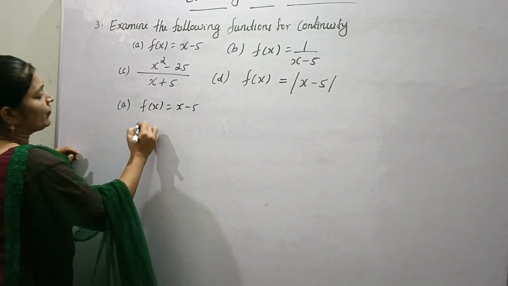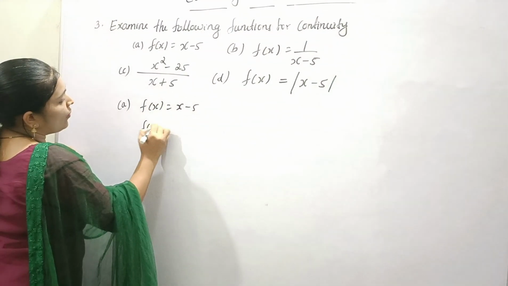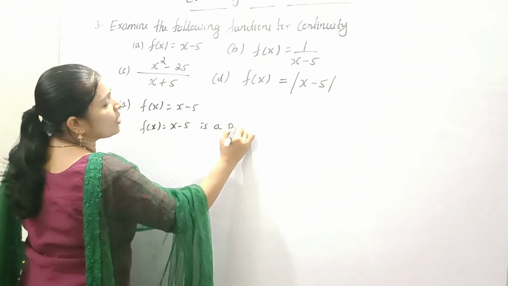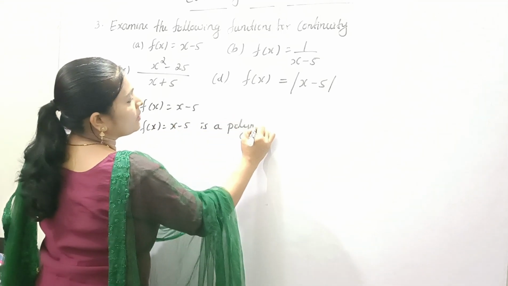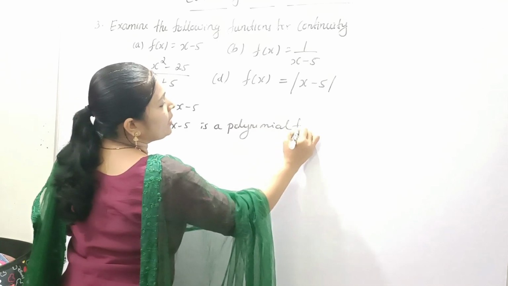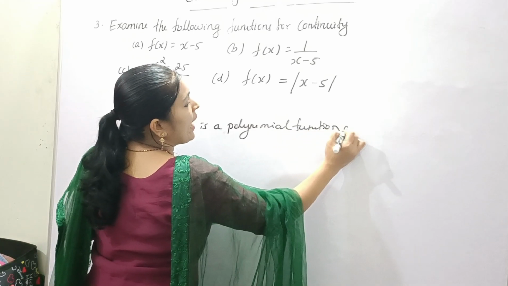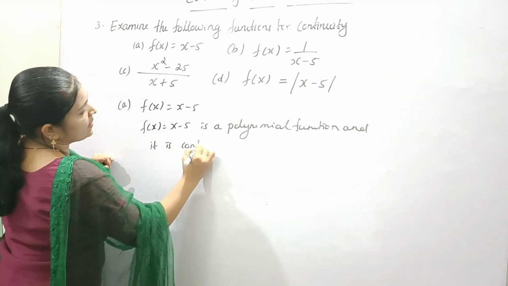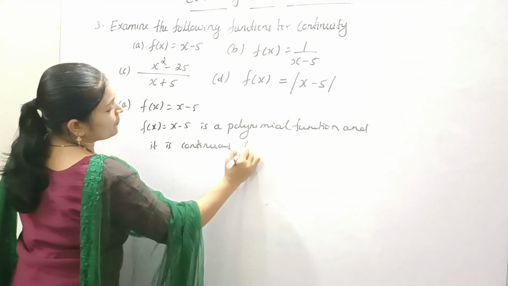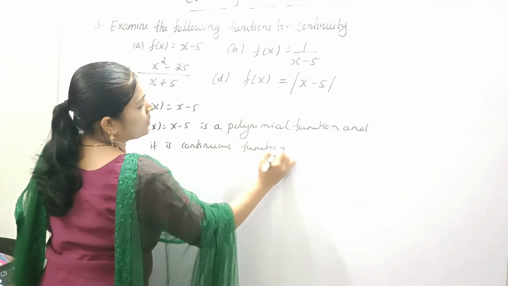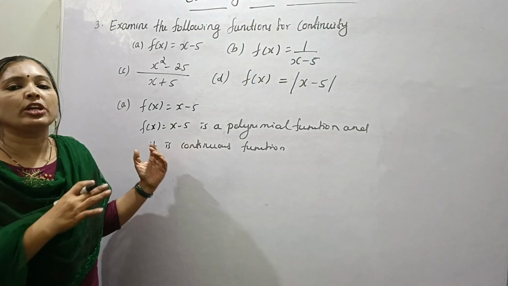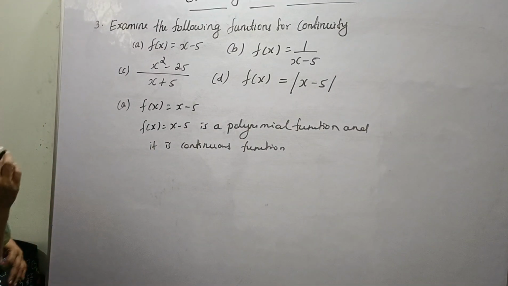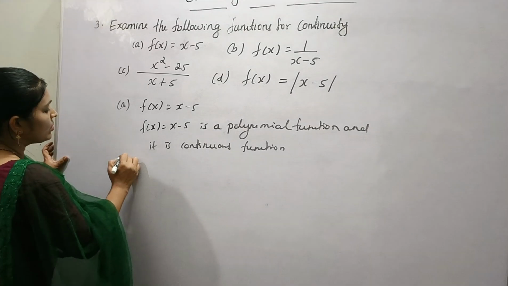So here we say f of x is equal to x minus 5 is a polynomial function and it is a continuous function, because we know that every polynomial function is continuous. Next, b, f of x is equal to